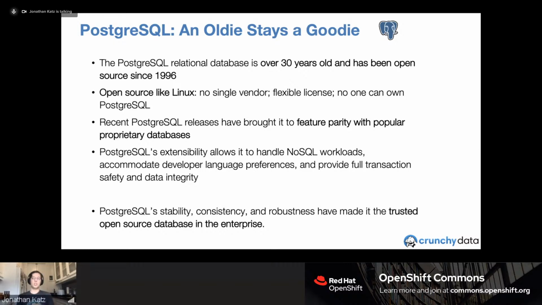When I first started in the Postgres community, the question I got most often was, what's Postgres? And this was in the tech community, where people didn't really know what it was. And it had already been around for 20 years. The question I get now is not what's Postgres, but how do I do XYZ with Postgres? How do I deploy it in this manner? How can I use this feature?